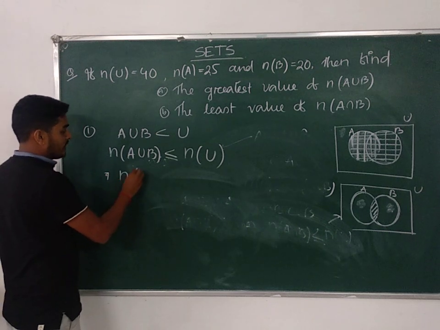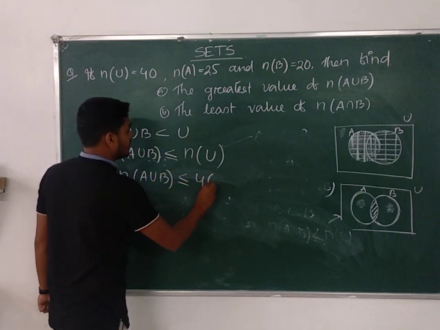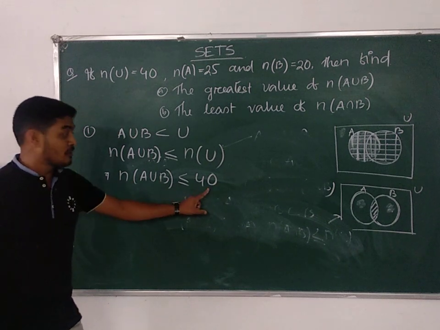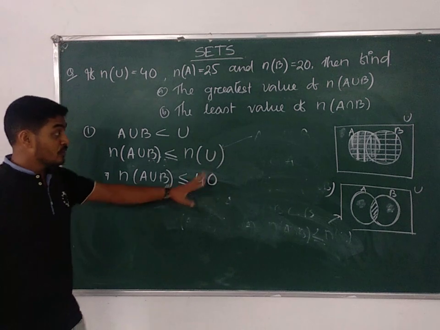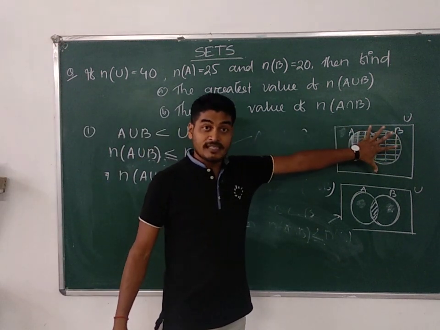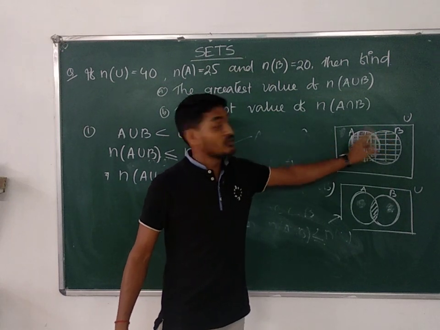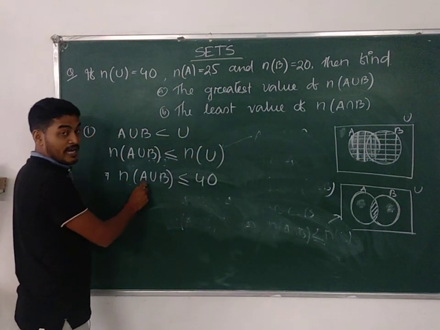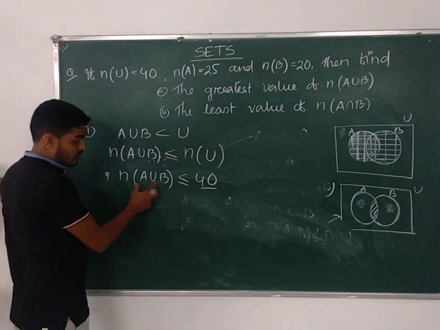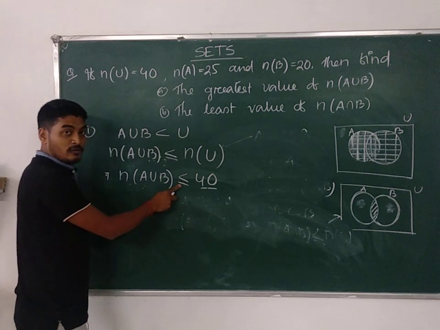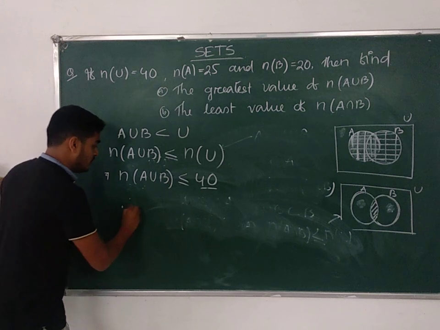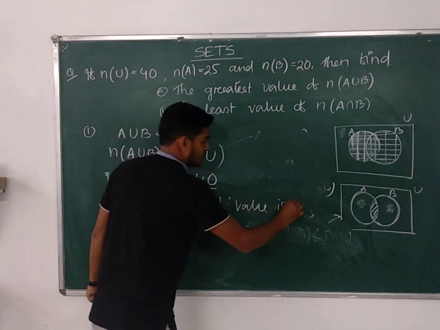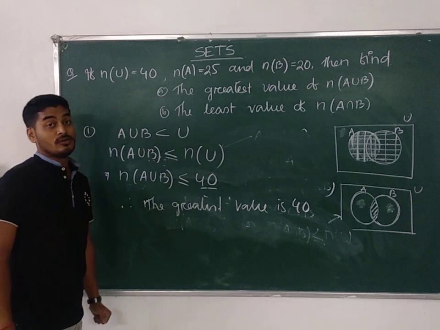So number of elements in A union B less than equal to what? 40. কি বুজি পালা? তাৰ মানে A union B থকা এলিমেন্টৰ সংখ্যাৰ ম্যাক্সিমাম কিমান হ'ব পাৰে? 40. 40 কে হয় কম হ'ব নহলে সমান হ'ব, কাৰণ U ত টোটাল exactly 40 এলিমেন্টস আছে। যদি ইয়াত বাহিৰত দুটা এলিমেন্ট থাকে তাহলে 40 কে কম সোমাব। So what is the maximum number of elements in A union B? 40. So what is given, you have to find out the greatest value of A union B. Therefore the greatest value is 40, তাৰ মানে A union B maximum value 40 হ'ব, তাতকৈ কেতিয়াও বেছি হ'ব নোৱাৰে।